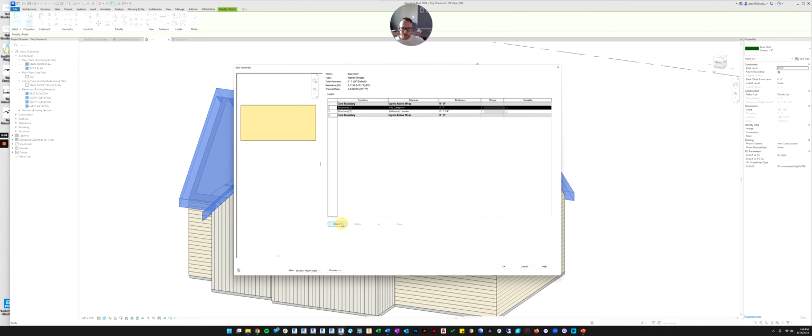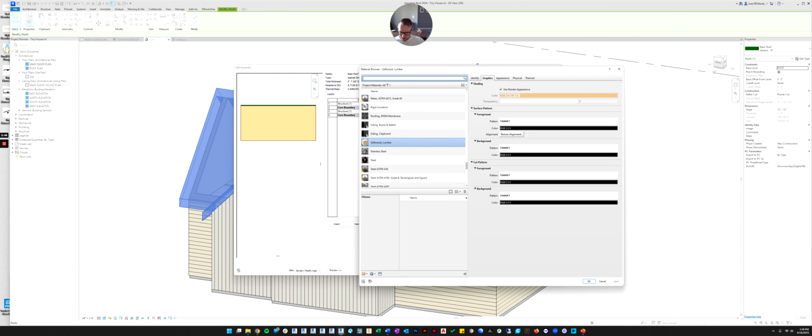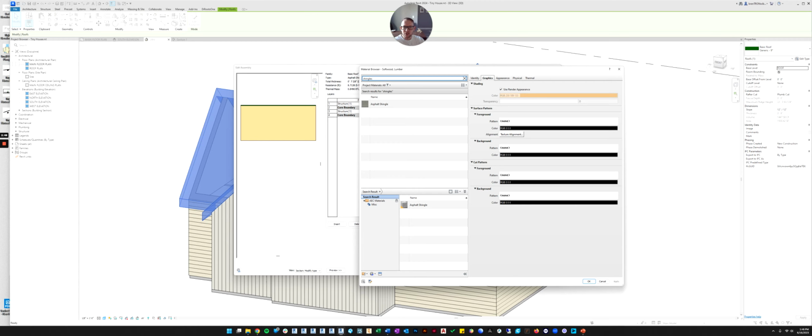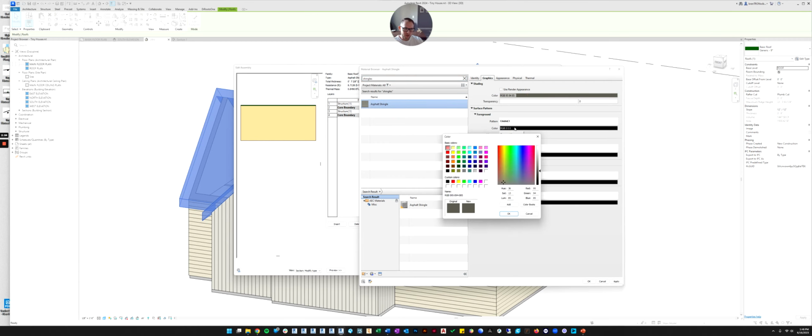And then we need to insert a new material, and we're going to put it up on top because top is exterior. It's going to be thin. Shingles are not very thick, so we'll do 1/8 inch thick. You can see it, put it in there. Now let's pick the material, and let's type in shingles. They do have asphalt shingles, so we'll click that. And then you can pick whatever color you want.